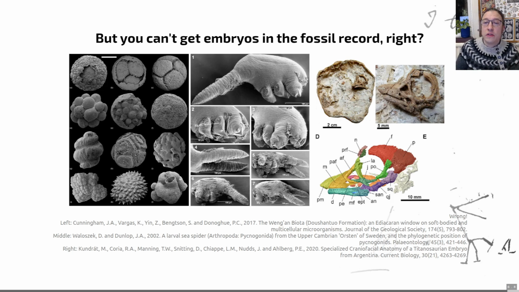The preservation of embryos in the fossil record isn't unheard of. And there are a few really famous examples. The fossils that are shown on the left-hand side here are fossils that were discovered in a phosphate mine in China. This is quite a famous fossil deposit known as the Doushantuo microbiota, or I should say the biota from this is known as the Doushantuo microbiota. The dates from between 551